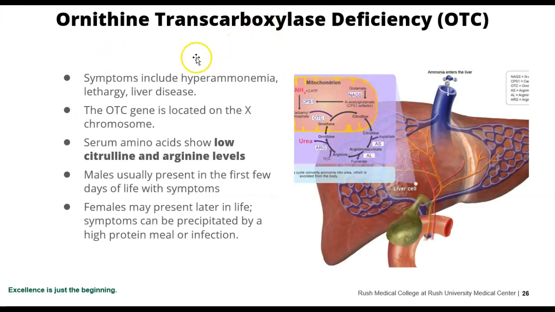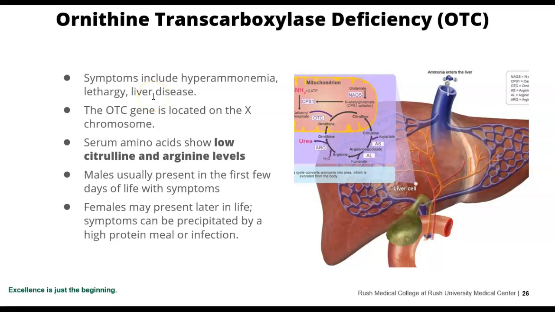So ornithine transcarbamylase. One thing, most of these urea cycle defects, except for arginase, which can present a little bit later, usually present in the first day or two of life. So while the organic acidemias and the aminoacidemias may present slower, maybe in the first couple weeks, ornithine transcarbamylase usually presents in the first 1 to 2 days of life with the baby. It looks fine when it's first born, and then the feeding starts not being as good,